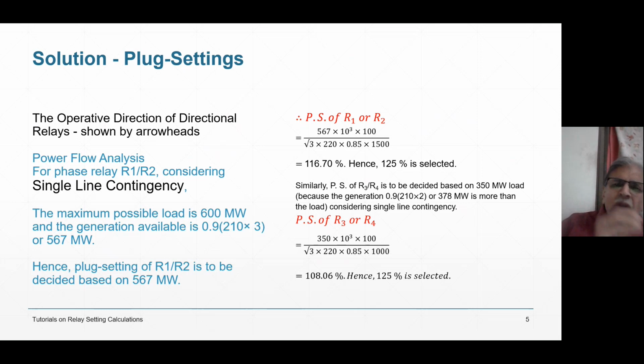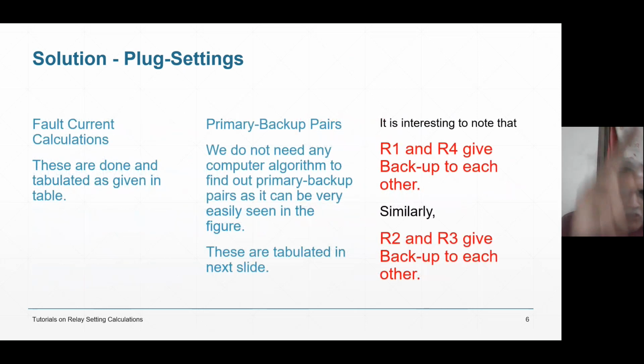So we are right now learning for a very simple system. R1, R2, 125%, R3, R4, 125%. Plug setting is done based on power flow analysis, considering the worst possibility out of line contingencies. So going to the next, for time multiplier setting, you will have to go for fault current analysis. Fault current analysis means if there are 50 buses in the system, find out the fault current for all 50 buses. That means the fault current flowing through all the lines for a fault on one particular bus